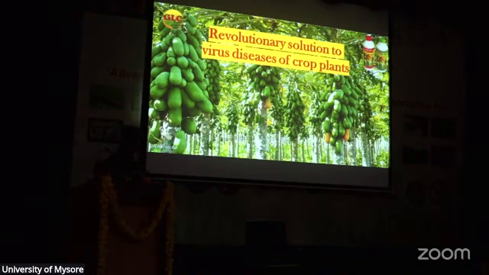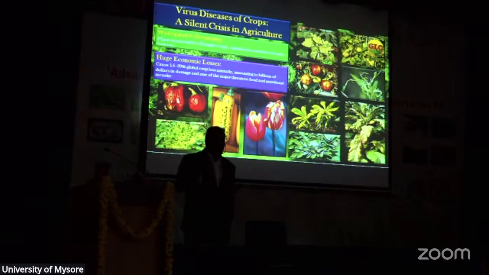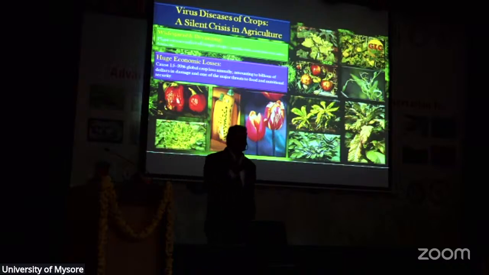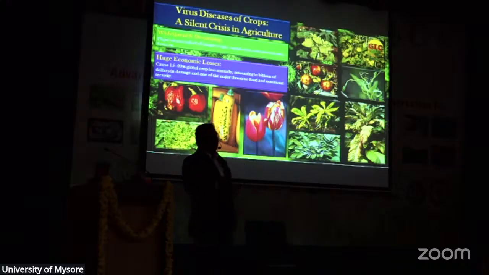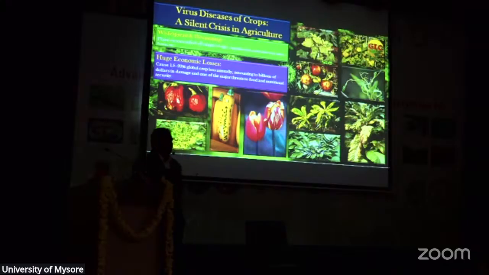So this is about our revolutionary solution to virus diseases. You know that plenty of crops worth $60 billion are being lost due to viruses, and more than 50% of the newly emerging diseases are going to be virus diseases. We don't have any solution to the existing virus diseases, so imagine what the future will be. The bee population is declining, root rots are increasing, viral diseases are increasing, and how can we maintain and sustain the productivity and production of our food and other crops?